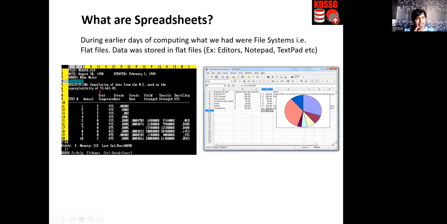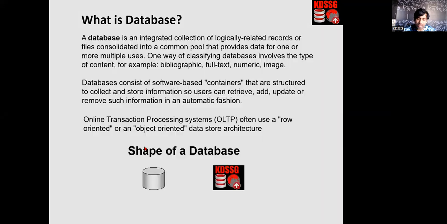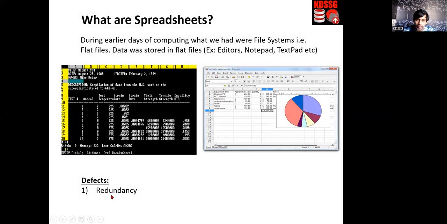This was called Lotus 123, I think. The software name. In those days, 25, 30 years back, it was called Lotus 123. Sorry, I might be wrong, but this is the old software, like old Excel. It used to be in black color. Of course, ours is graphical now. So here you have only one problem. Search problem is resolved, formatting problem is resolved. The only problem now is duplication of data. If I type one piece of data, again there is a risk of typing duplicate data. That is why